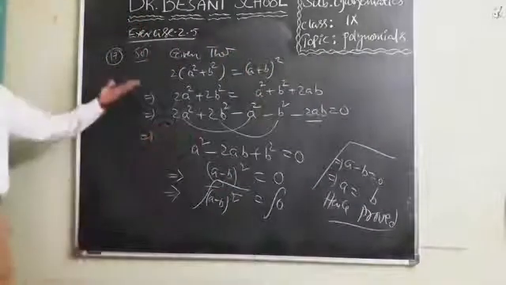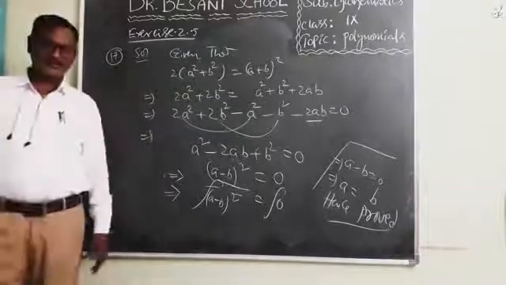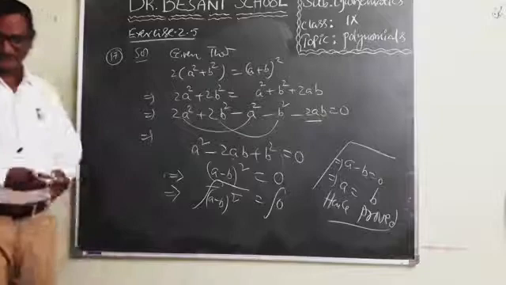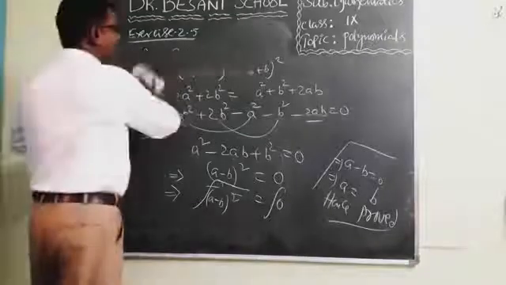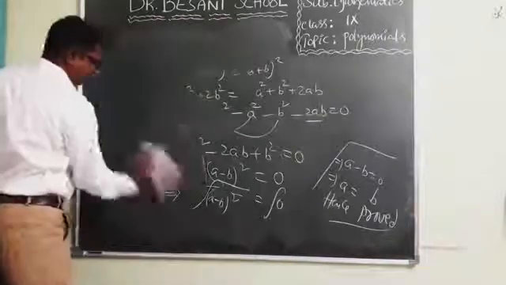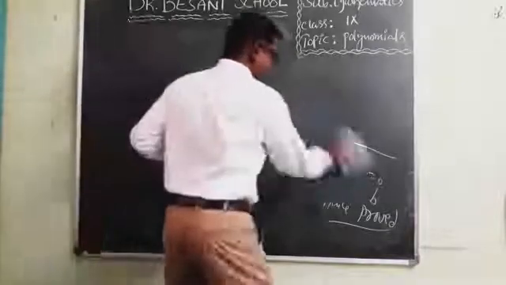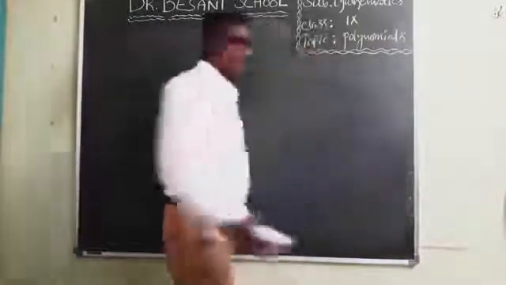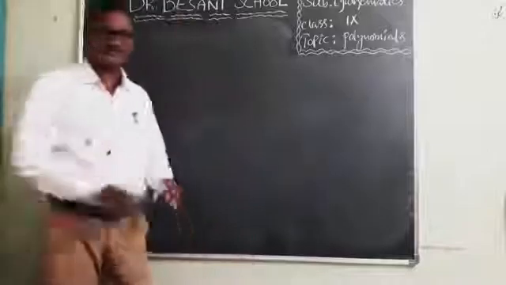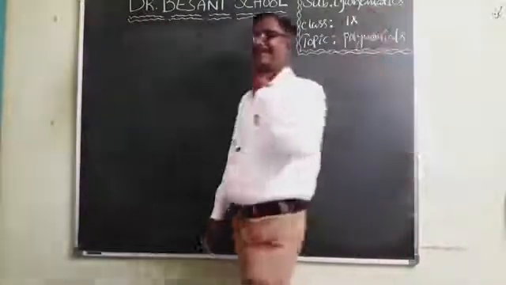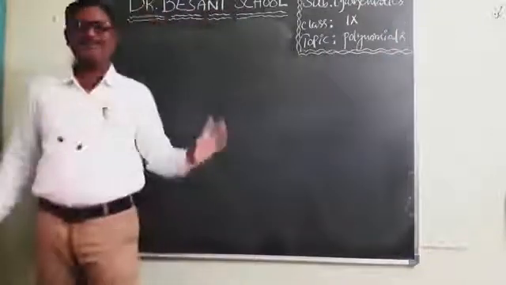It's a beautiful problem. It's just only 2 marks problem. I hope that you have understood this problem. Yes, children? Okay. So now all the problems from exercise 2.5 I have explained to you. Exercise 2.5 is completed. Children, you see, exercise 2.1, 2.2, 2.3, 2.4, 2.5. So this polynomials chapter is completed. This polynomials chapter successfully completed.